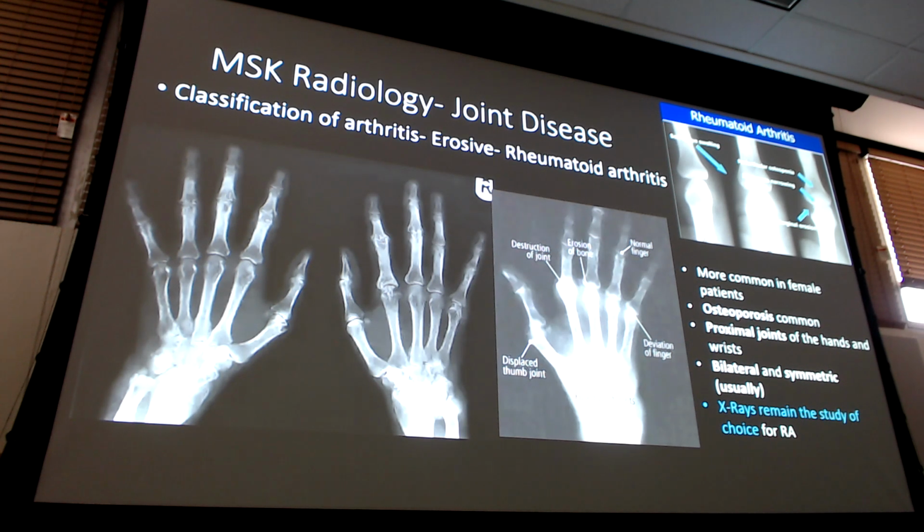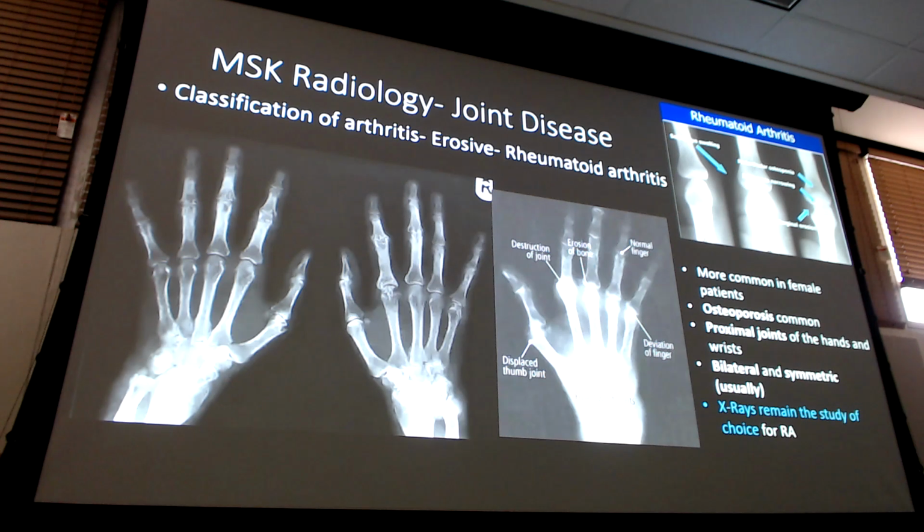Okay? And then the rest of the phalanges start shifting to the side to support themselves because we're losing some support there. So they will shift over to the ulnar side, ulnar deviation